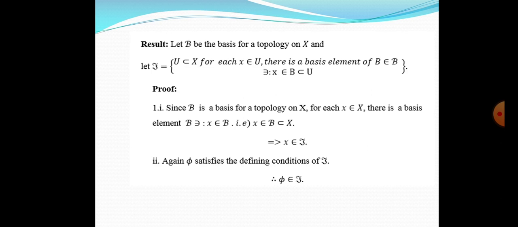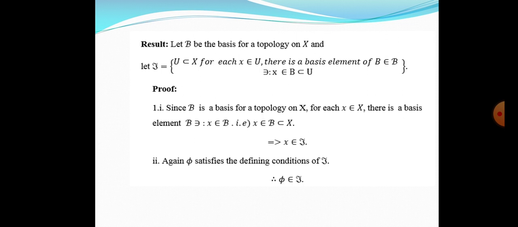Next result: let script B be the basis for the topology on X, and let tau equal the set of all U that are subsets of X such that for each small x belongs to U, there is a basis element B belonging to script B such that x belongs to B, which is a subset of U. You have to prove